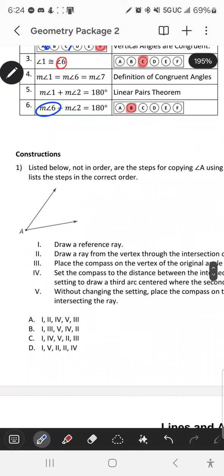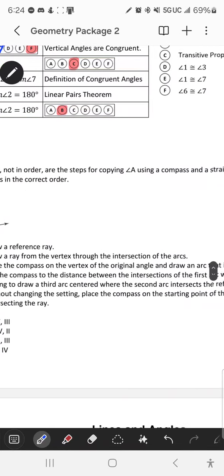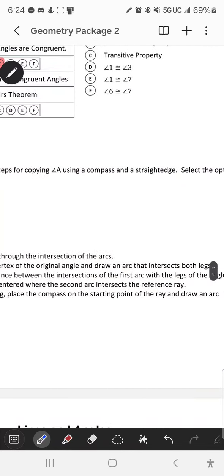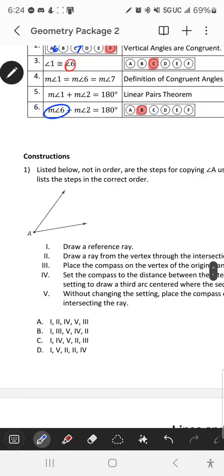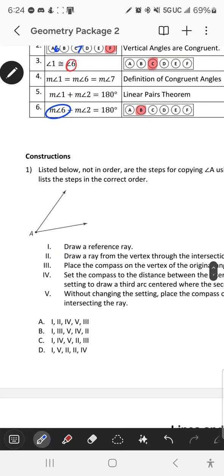Listed below, not in order, are the steps of copying an angle using a compass and a straight edge. Select the option that lists the steps in the correct order. Okay,